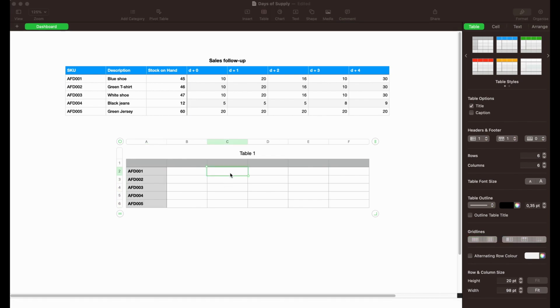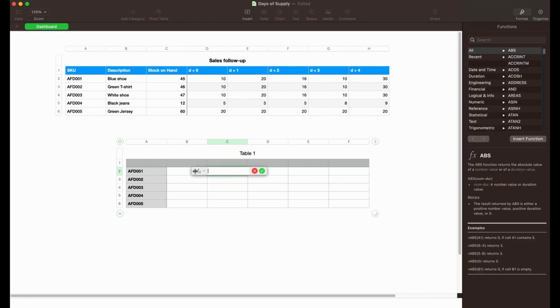First step, we position ourselves on the second day to enter the formula. Second step, the first operand is the on-hand stock value. We must ensure the column is locked so it remains constant when we drag the formula. Third step, we enter the minus sign. Fourth step, we calculate the cumulative orders from the start to the day corresponding to the cell we are in,